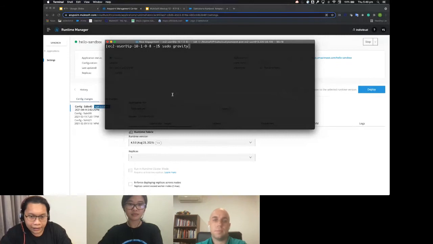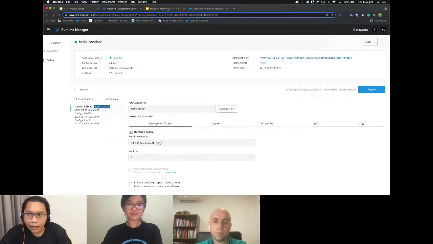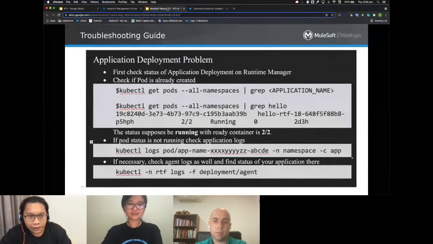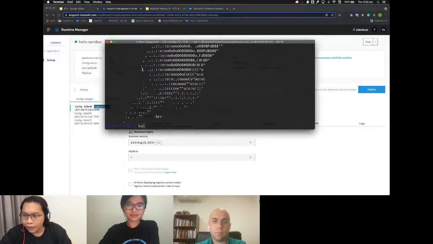To check the log and the status of the application, we need to enter the Gravity console. For this, we can check back to the troubleshooting guide: check whether the pod is created or not. First, I want to check whether this application is really running on RTF or not. That is quite common.